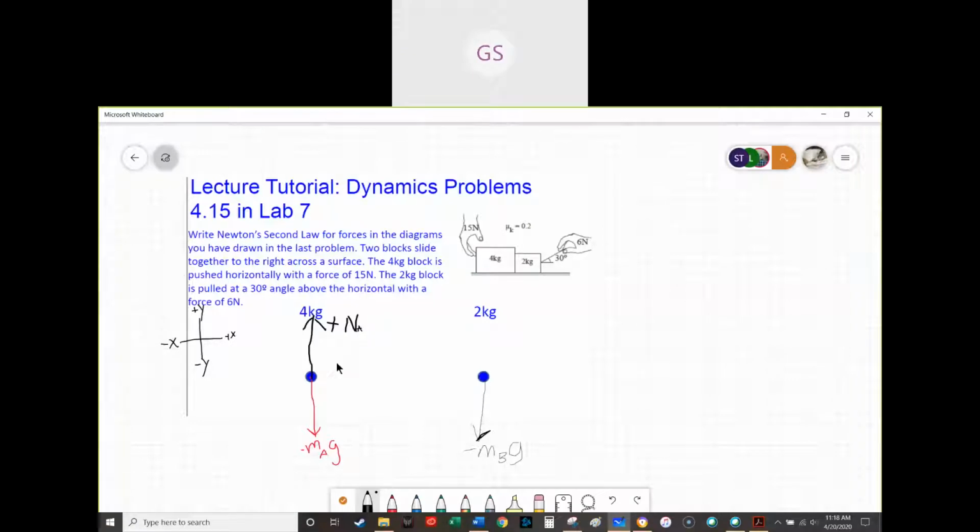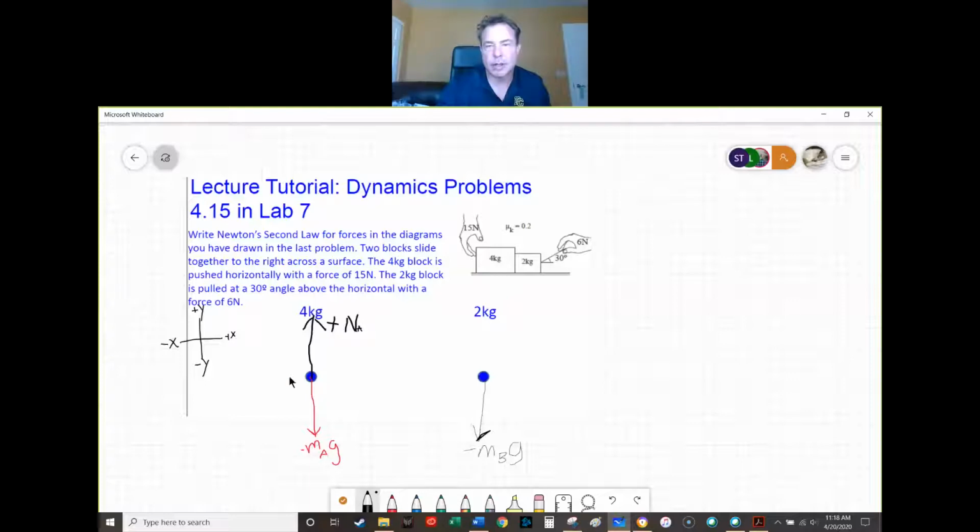It's a normal force acting on A. Right? So somebody draw the hand force and start drawing stuff. So the 2 kilogram block